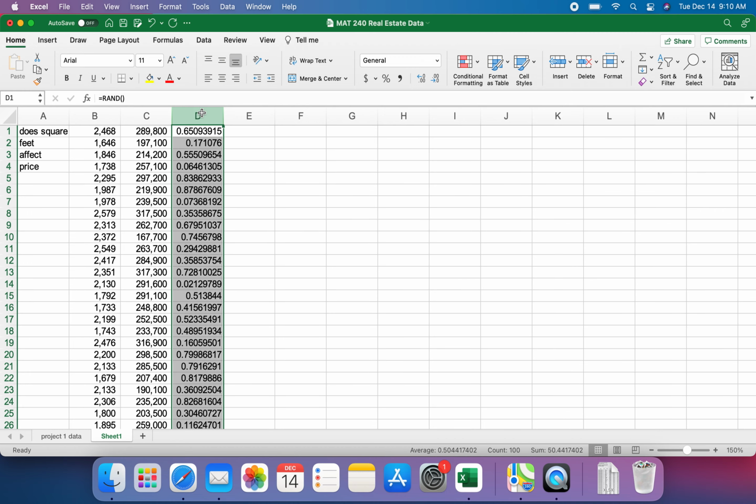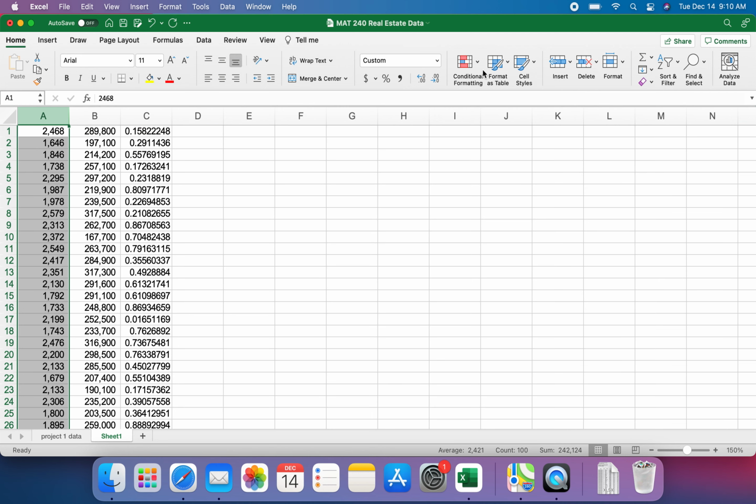Okay, now to make this random, click on D. It's going to highlight all of it. Actually, before I do that, I'm going to delete column A. Okay, let's delete column A. I just clicked on A, and let's delete that whole column. Okay, so let's go back, highlight C,